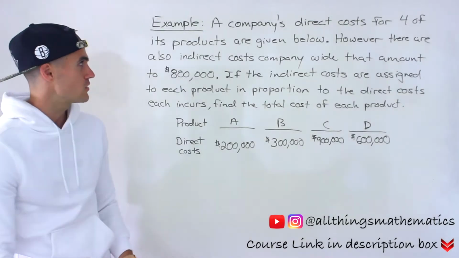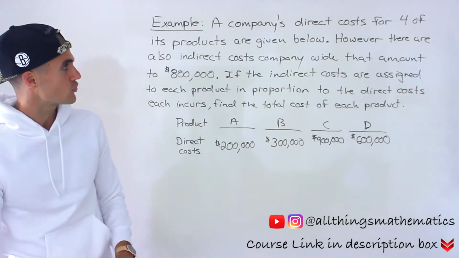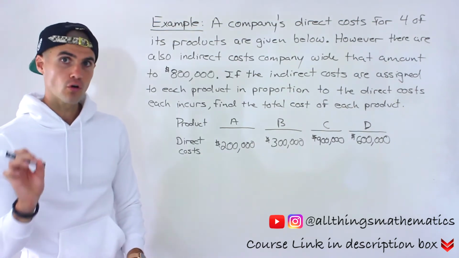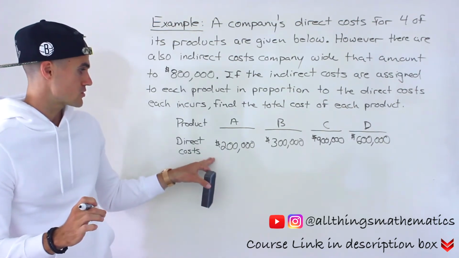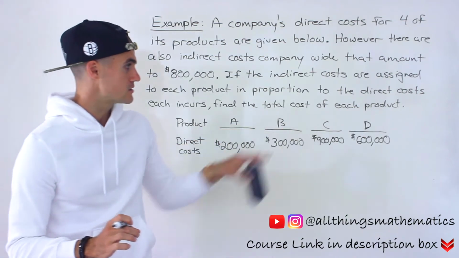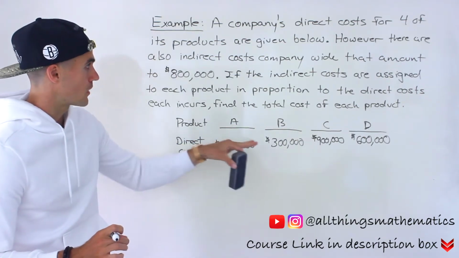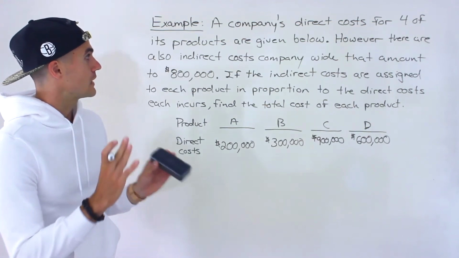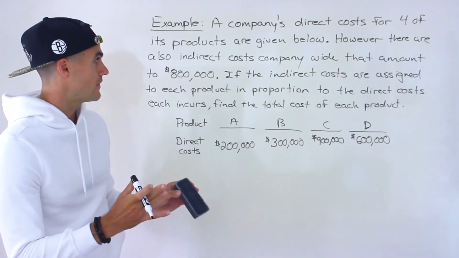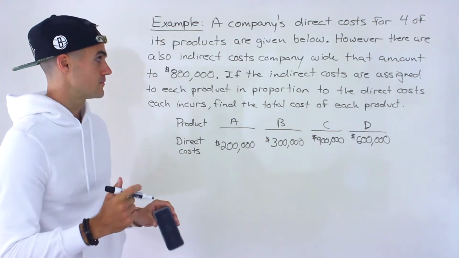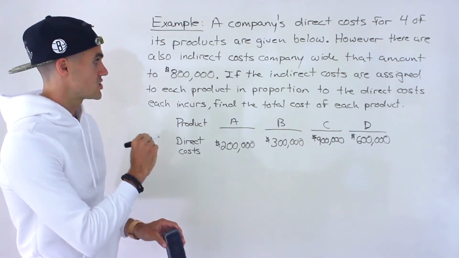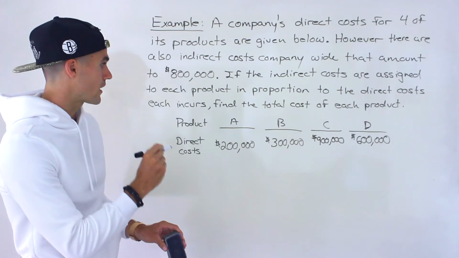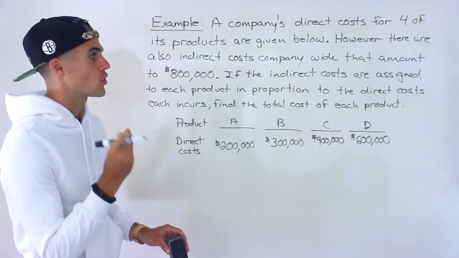Patrick here. Moving on to the next question. So a company's direct costs for 4 of its products are given below. So right here, 4 products A to D, and we have the direct costs for each respective one. And then we're told that there are also indirect costs, company-wide, that amount to $800,000. If the indirect costs are assigned to each product in proportion to the direct costs each incurs, find the total